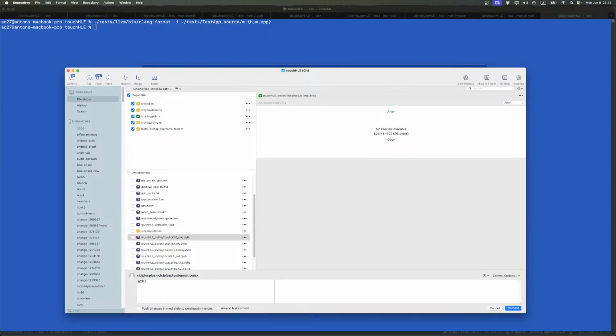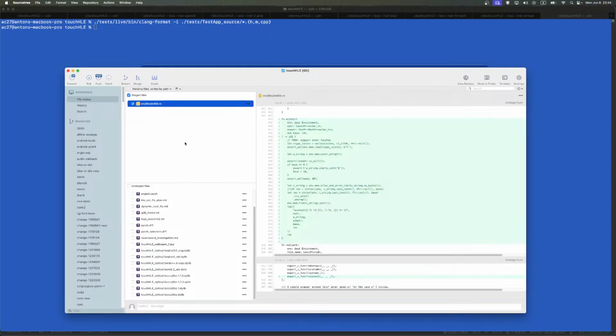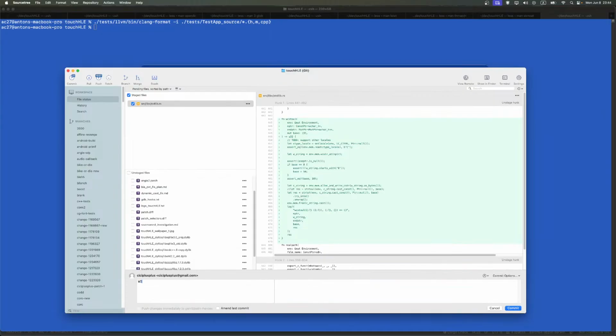I'm gonna say VIP implement globe. And there is now a function that is required for this game called VKS touchHLE function, and it's basically a wide